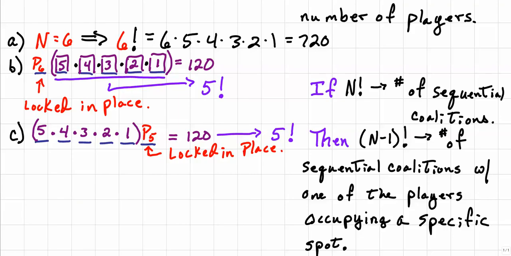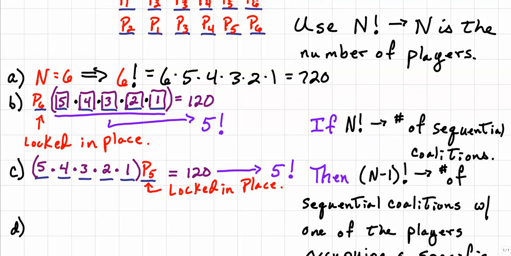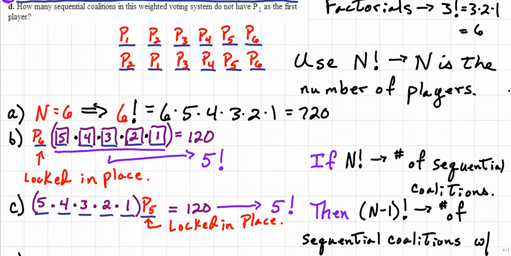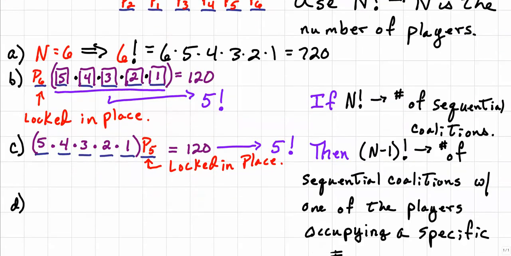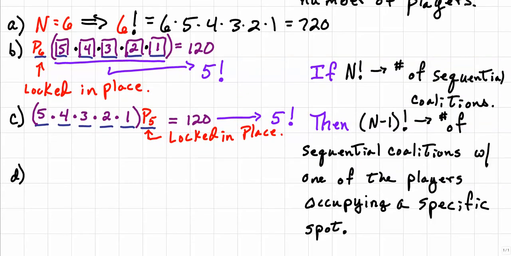Okay, the last part is part D, which has scrolled off the screen, so I'm going to scroll back up to show you. Part D says, how many sequential coalitions in this weighted voting system do not have P sub 1 as the first player? When we look at that, that means that we want to discuss P sub 1 being anywhere but the first position. Well, that means that we're going to compare the fact that there are 720 sequential coalitions